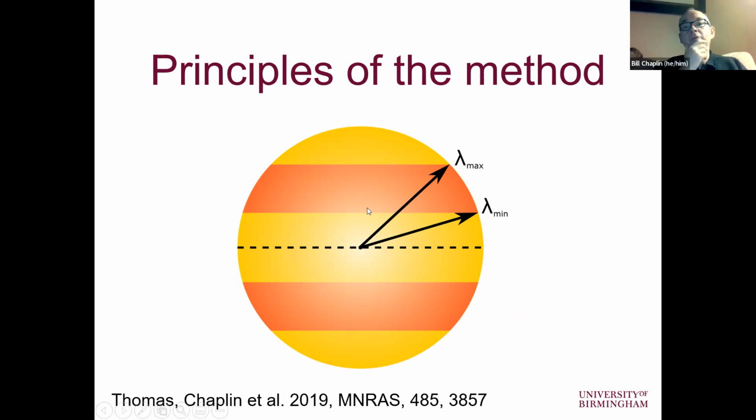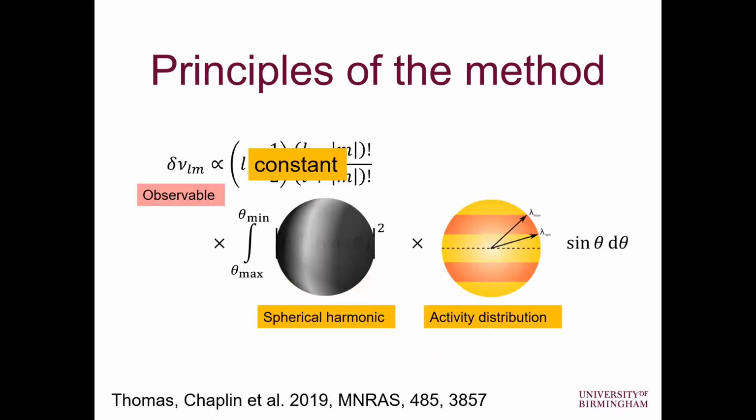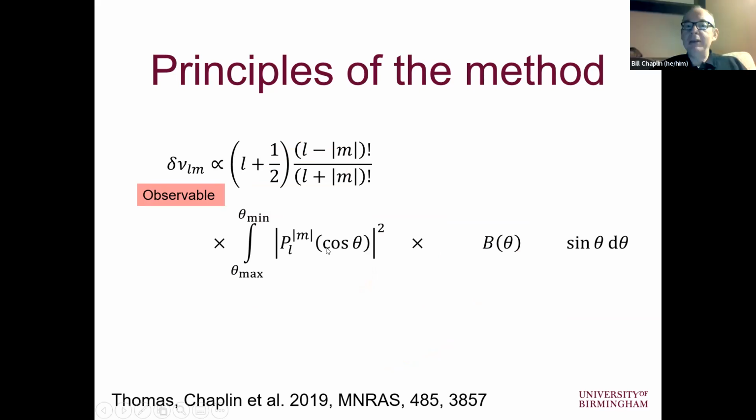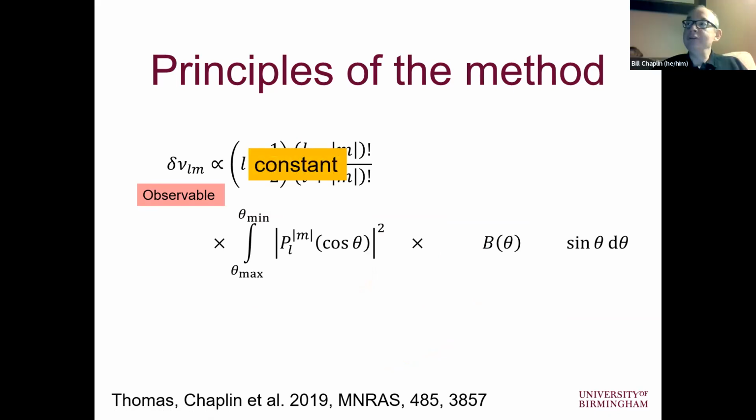Sorry, I have to ask, I got confused by the equation. If you go back one slide, why is it p squared? Why is it not linear power? Because in which case we'll cancel that exactly. So here this depends upon how you assume the frequencies depend on the field, essentially. Yeah, that's right. Okay. So why is it squared? So this comes back to, I think, a lot of the analysis that's been done actually with high degree modes. So actually Norman's question from earlier suggests that the squared dependence gives you a better fit to what you're seeing rather than just a linear one. Oh, so this is not the theory.